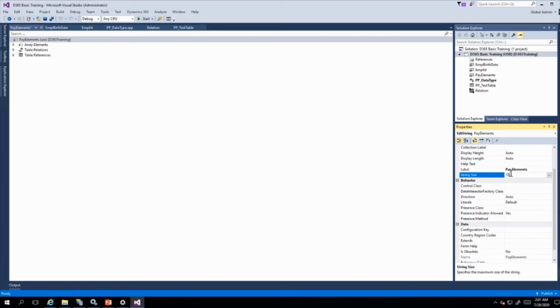I can increase the string size to 20. Now wherever I use this pay element, I'll get a string size of 20. So I have done the standardization of the data type. I have created my own user defined data type, that is the pay element. So this is the concept of extended data type.